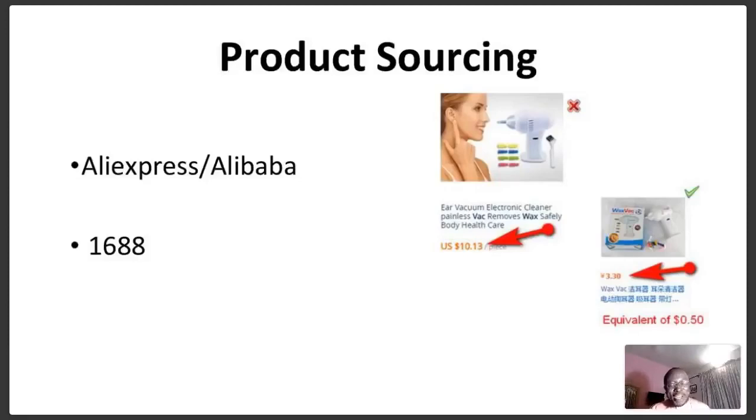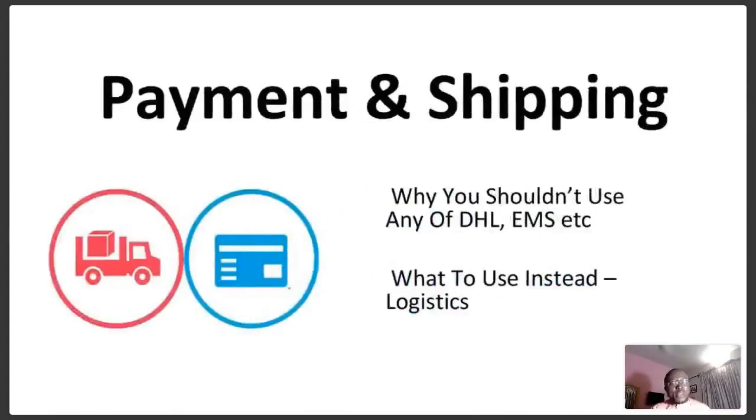Okay, what else? That's about product sourcing. Then what about paying and shipping these products? You buy these products there, what about paying and shipping? Not until the change era, not until Baba came around, I could buy things costing $5,000 and pay with my GTB ATM Naira denominated card. I'm talking about on AliExpress, right? Baba came and said he was fighting corruption,